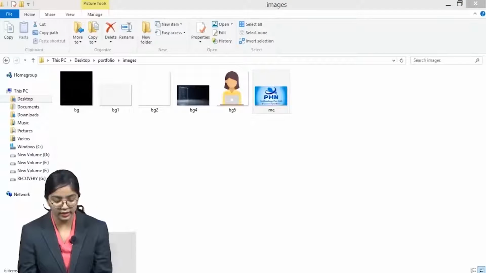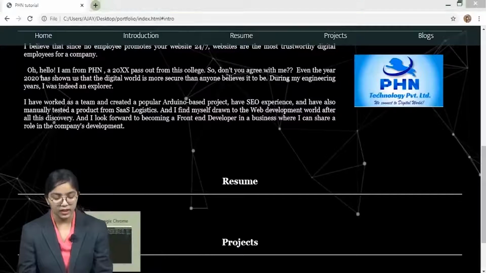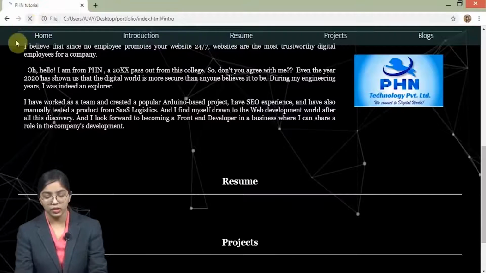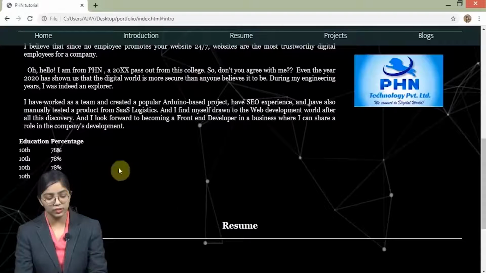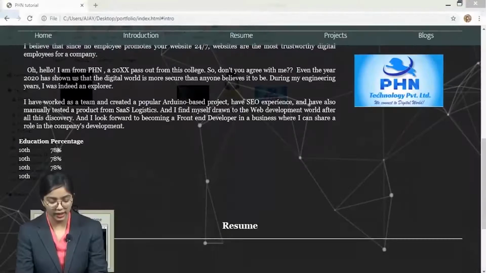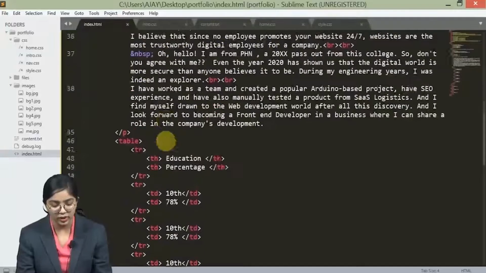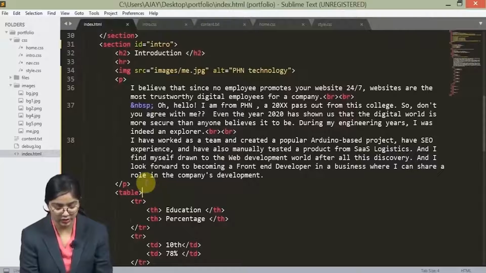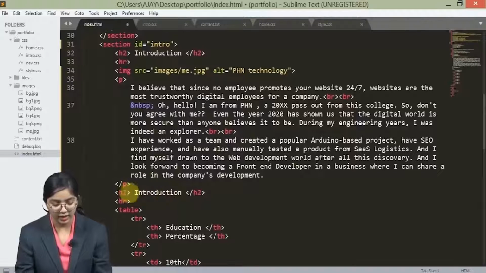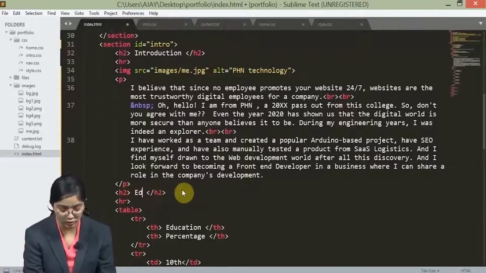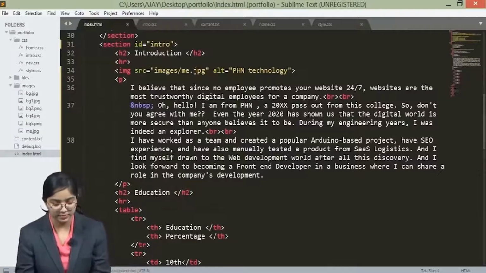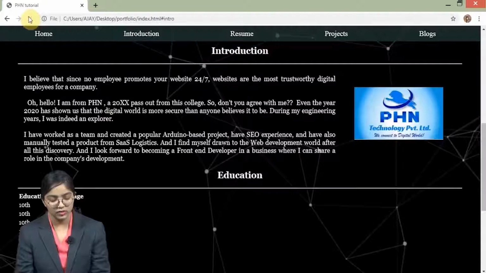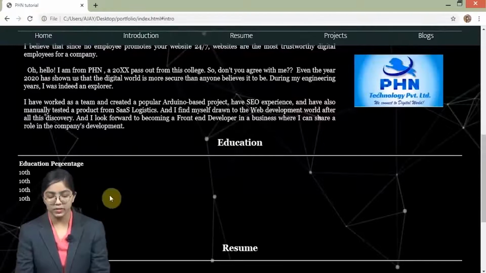Now after declaring the table, let's just see how it is going to look. Now you can use this particular heading again in here, right? Like you can just copy this and let's just be organized, right? And enter education over here and save this. So you can see my table has been created.